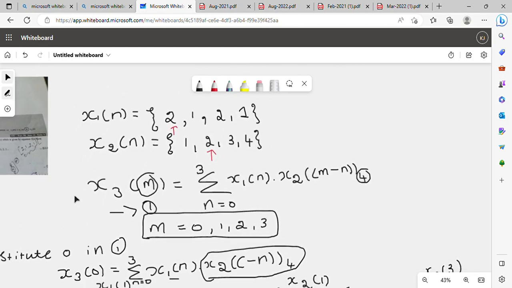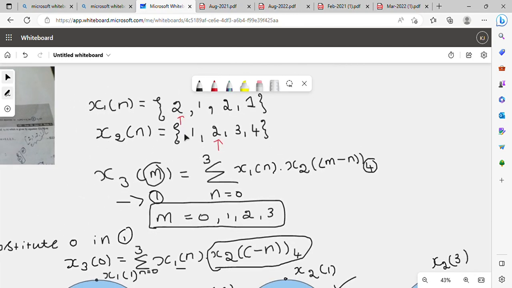What we did till now was that we had x1 of n and x2 of n sequence, and we have to solve this using the circular convolution method. As this is a 4-point DFT sequence, I am planning to do all the problems with respect to 4-point DFT. So I am taking this problem. You are going to take the formula of circular convolution, because you are going to find x3 of n, which is equal to the circular convolution of two sequences, x1 of n and x2 of n. So now I'll take the formula of circular convolution, that is x3 of m is equal to